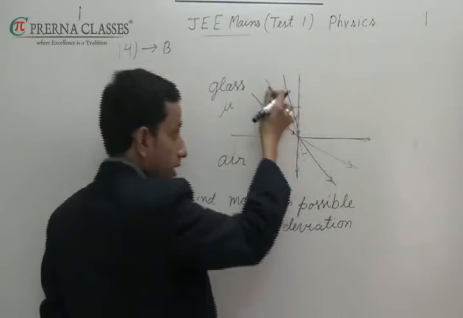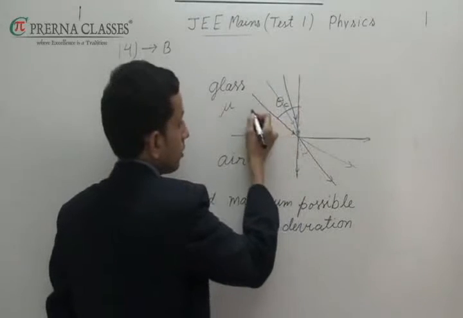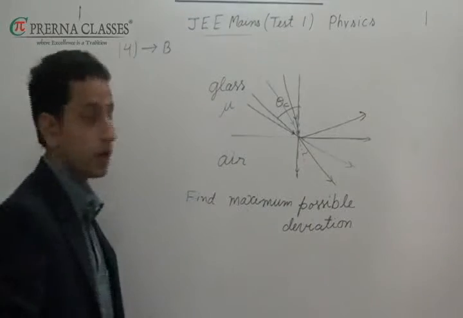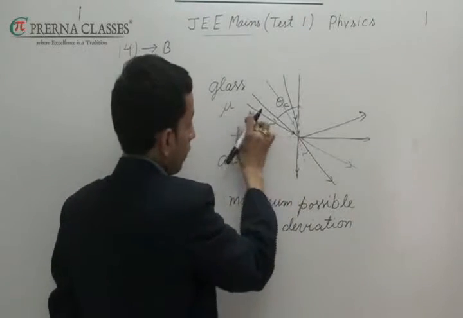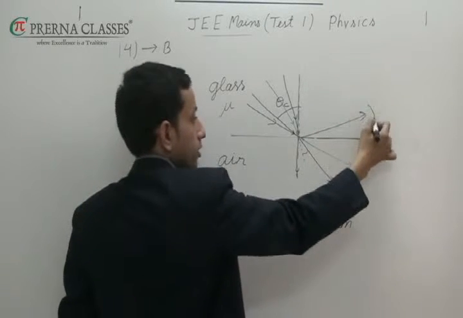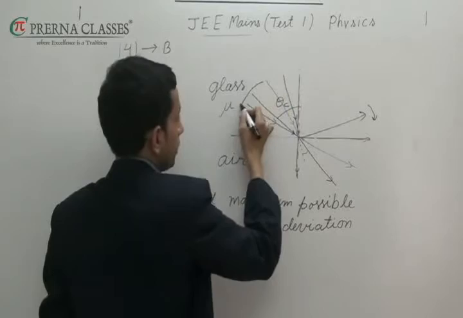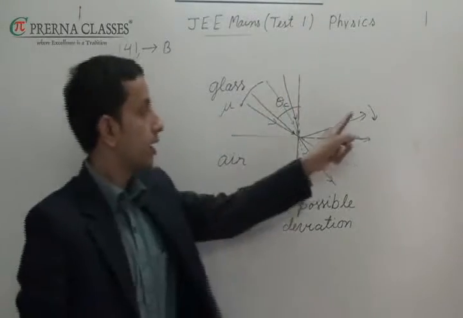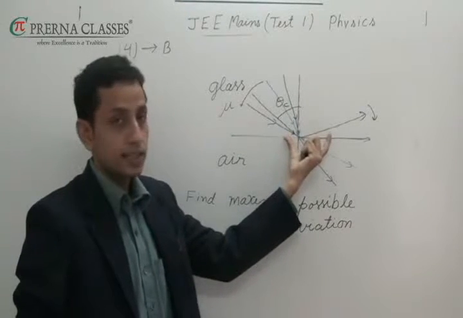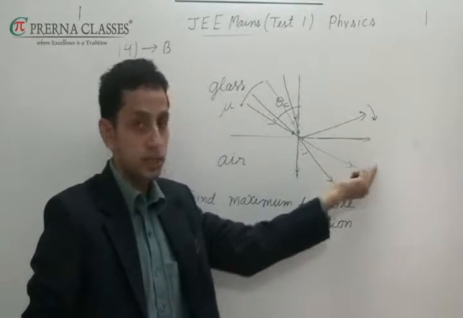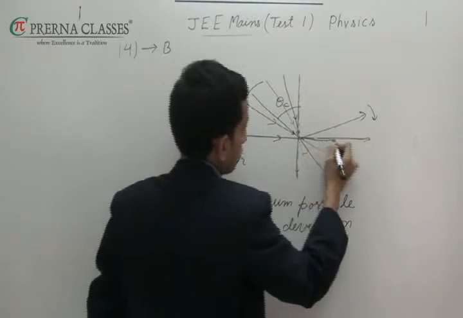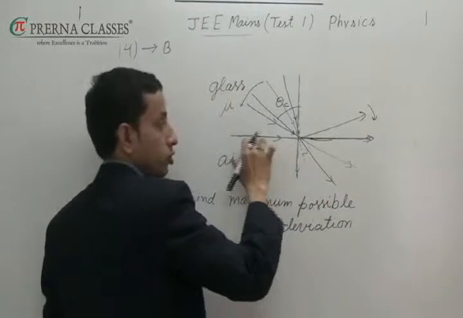And if we increase the angle further, we will have reflection. We will have total internal reflection. Now if we keep on increasing this, the reflected ray will start going in this direction. If we keep on increasing the angle, the reflected ray starts going in this direction. So in that case the angle of deviation will decrease, and finally if the ray is parallel to the surface, the reflected ray will also be parallel to the surface.